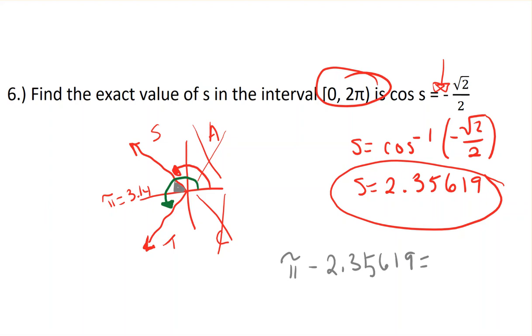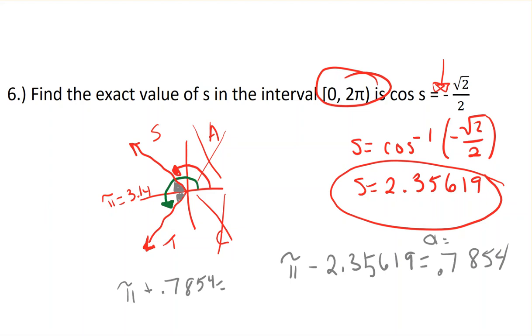And that's going to give you 0.7854. So that means that's the same angle that's right here. And think about how you calculate that. We would now take pi plus that angle to get that angle within the third quadrant. So again, we're going to take pi